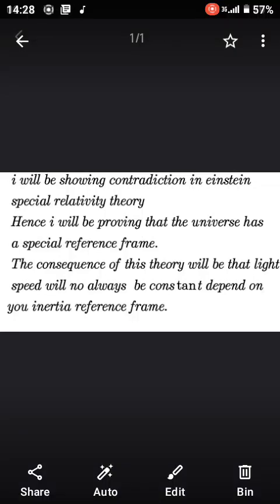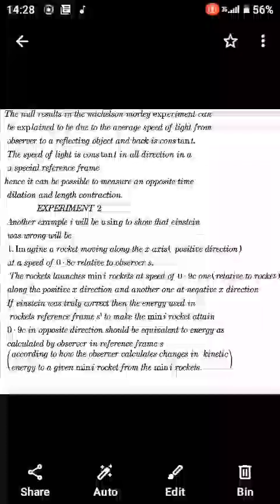Contradiction in relativity theory, and hence I'll be proving that the universe has a special reference frame. Then the null results of the Michelson-Morley experiment, I'll be explaining them by postulating that what is constant in light speed is when light goes from an observer to a reflecting object, then back to the observer,